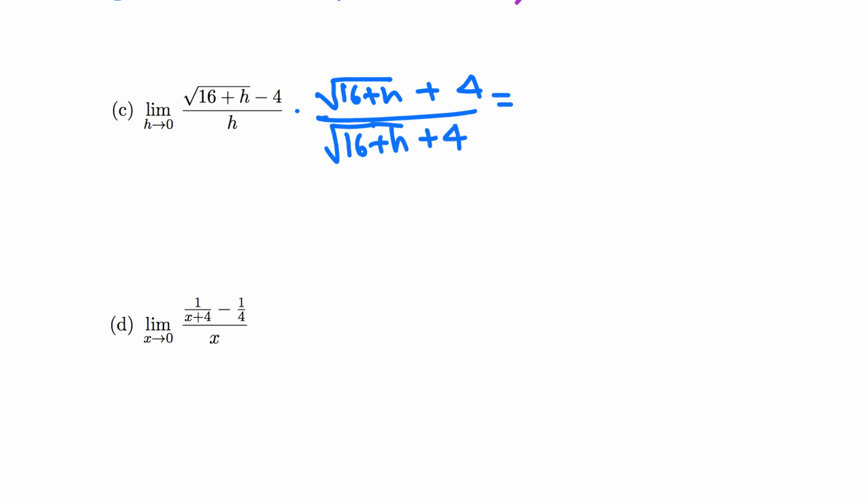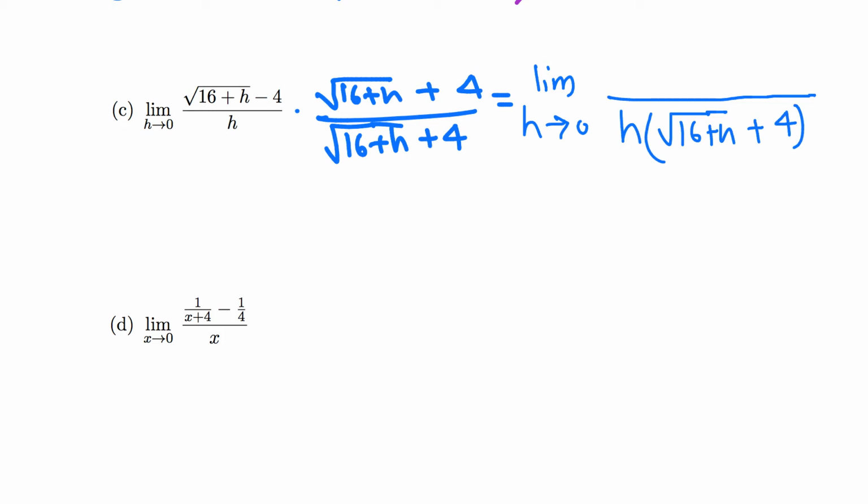Okay, that is now limit h going to 0. There was no issue on the bottom, so just write h times this quantity, root of 16 plus h plus 4. On the top we FOIL, you just multiply first, outer,